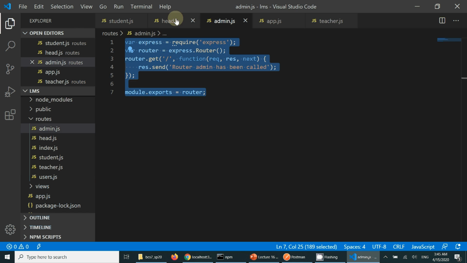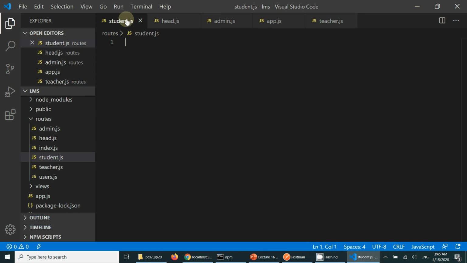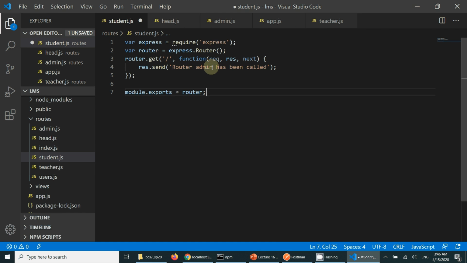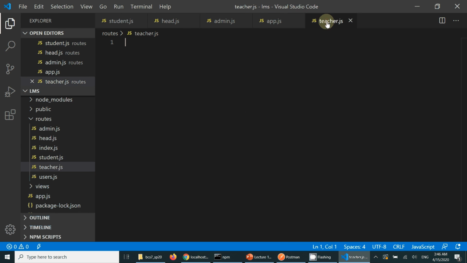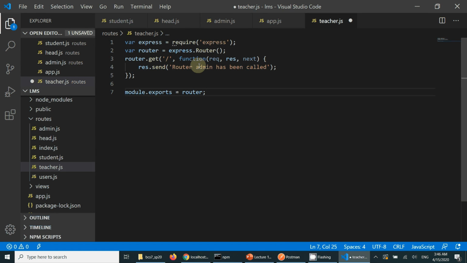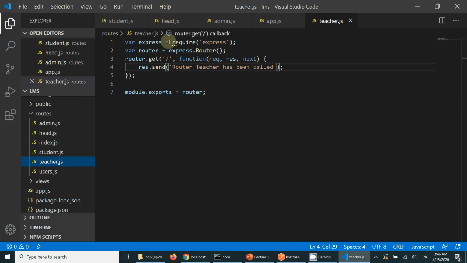in front of you. Like head router: head has been called. Same for student router: student has been called, and the same with the teacher router: teacher has been called. So now the second point, we have created our routers with a basic one route, and